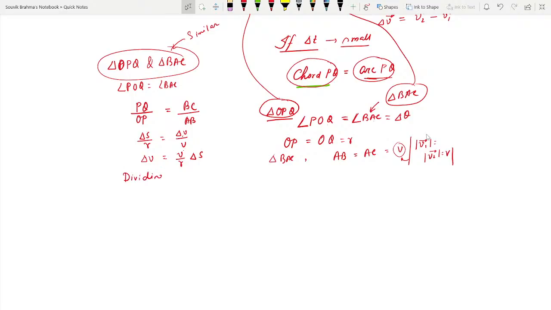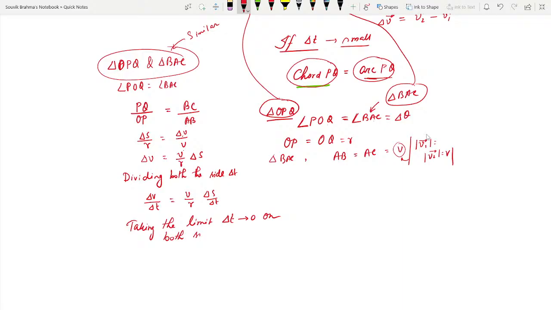dividing both the side with delta T, what you will be getting, delta V by delta T is equal to V by R delta S by delta T, correct। now दोनों तरफ taking the limit delta T tends to 0 on both side,